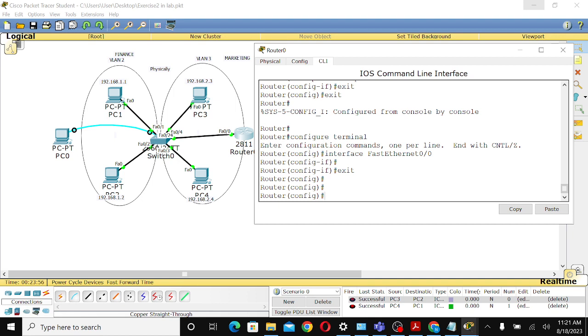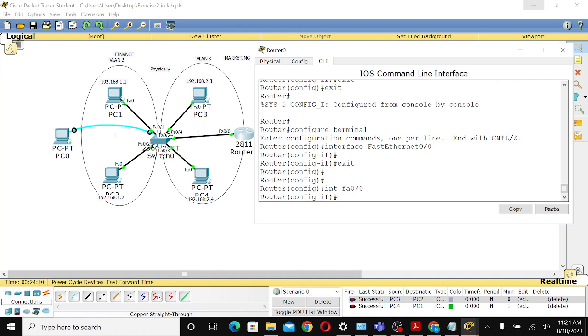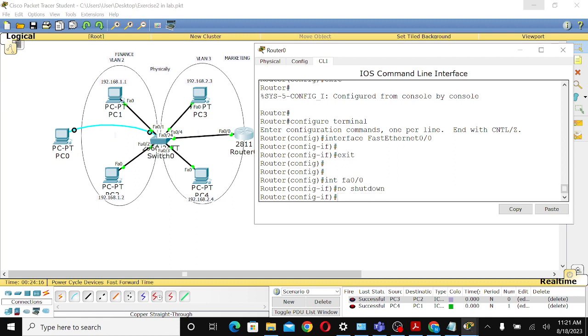Okay, so first you need to declare the interface FA0/0. Just now we already cleaned up the address, correct? Interface FA0/0. You need to turn it on first using the no shutdown command. And then create the sub interface